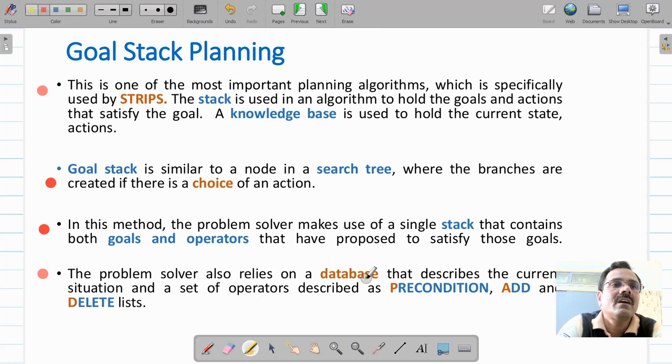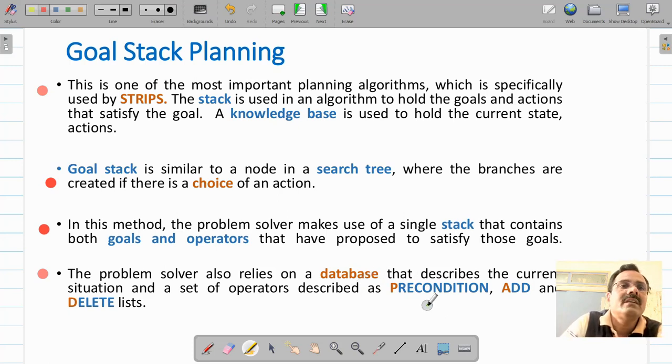So the robot arm has certain capabilities. This we have defined by using four operators like pick up and put down, and then we have the other two operations like stack and unstack. So stack and unstack require two arguments. Pick up and put down require only one argument. All these operations will be performed by using the robot arm.